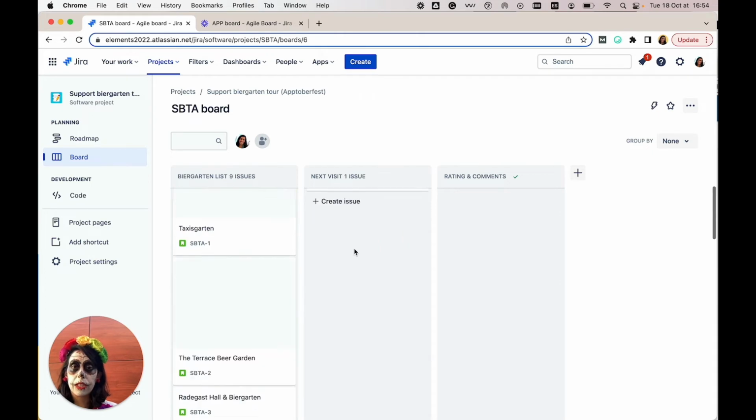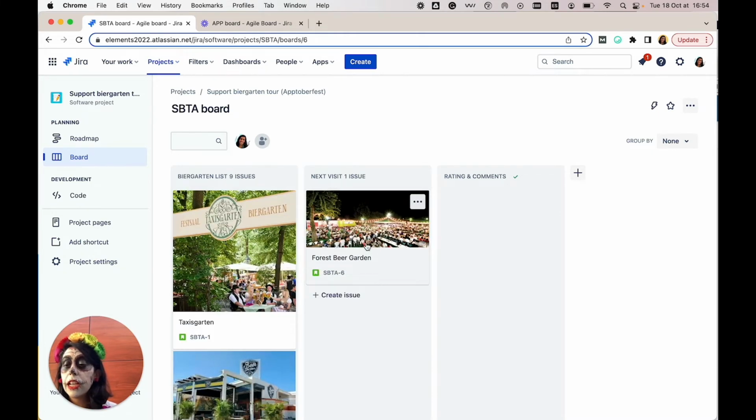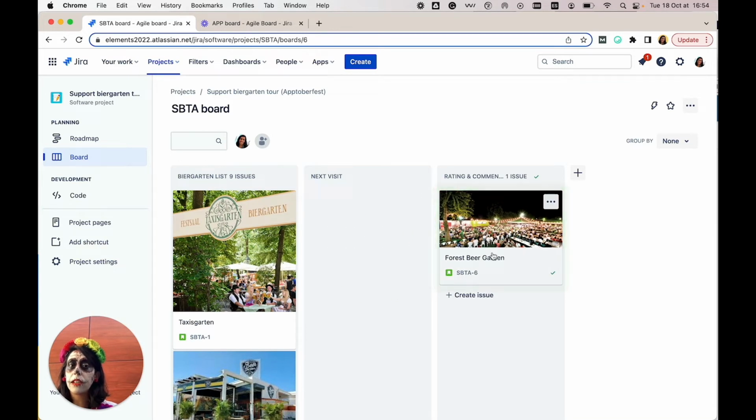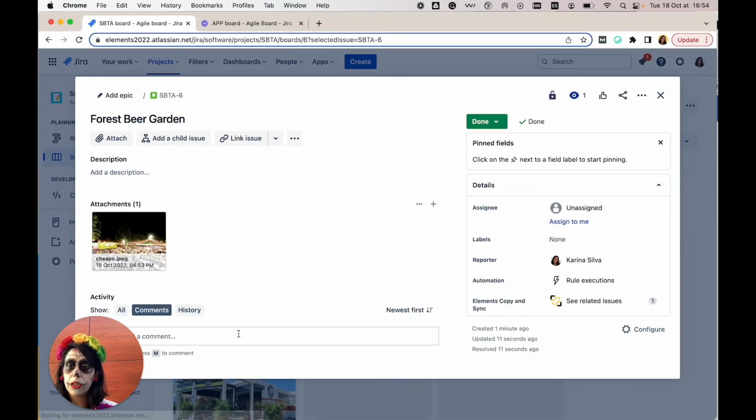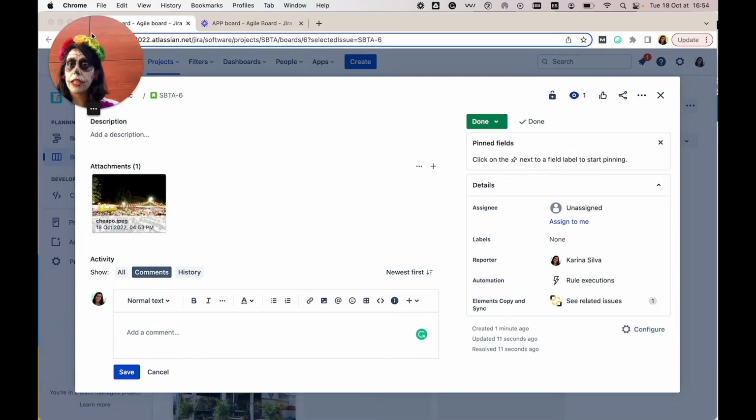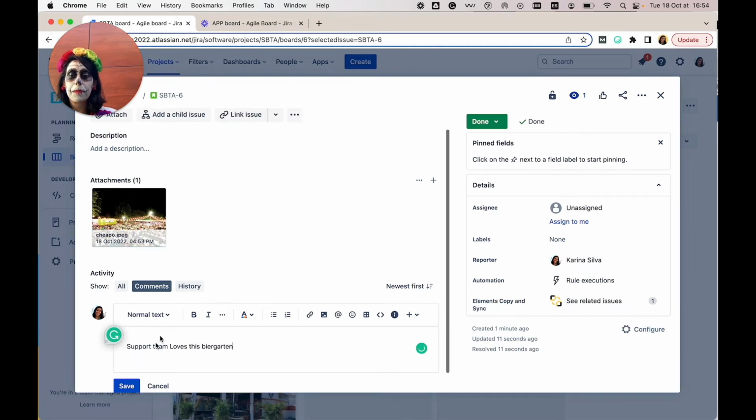For example, we say that we are visiting the Forest Biergarten. Let's imagine that I and of course the support team already visited this Biergarten, and now we are ready to do the ratings and comments. And since it's a team building activity, we want to gather all the feedbacks and all the comments that the different teams have about every Biergarten. And here we can say, for example, support team loves this Biergarten, and